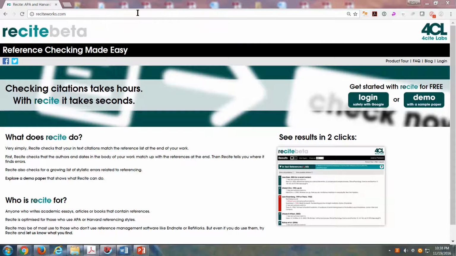A useful and fun way for checking the citations and references that you have put into your draft, specifically using EndNote as a way to check whether EndNote has all the materials that it needed to put them out properly, would be to come to the ReCiteWorks.com site and use that as a place to try this product. I would suggest logging in with your Google account,